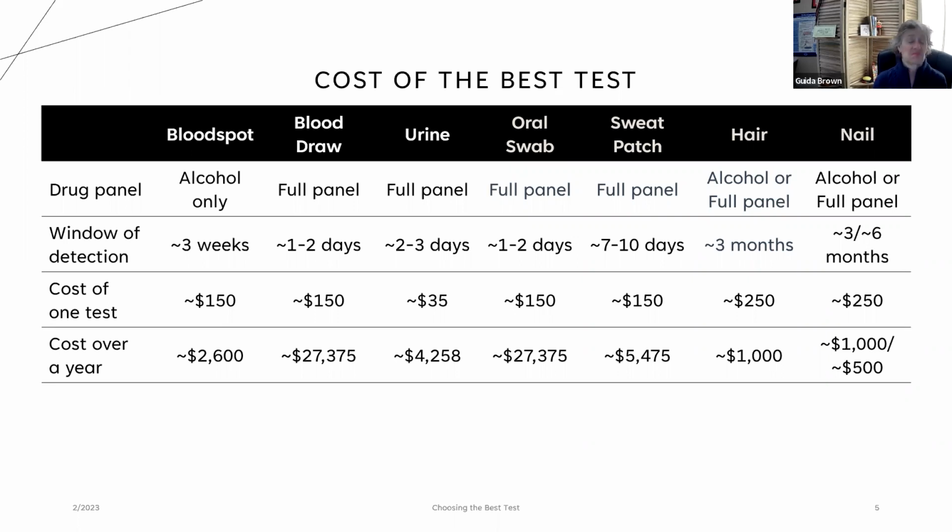That urine test, it's inexpensive, and that's why it's our default very often. It's a cheap test. But when you're only looking at 2 to 3 days, it's not really giving us the information that we want when we're looking at treatment and recovery. The sweat patch, same information, $5,000 a year for somebody to wear a sweat patch every single day, that might not be great, reliable, effective gathering of the information. Those hair and nail tests are far reaching. That window of detection looks back a long time.